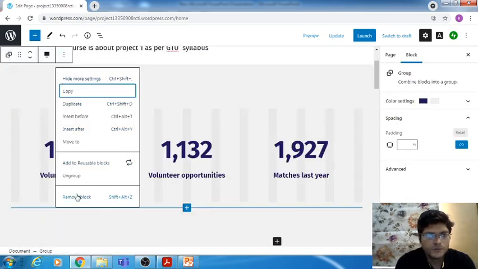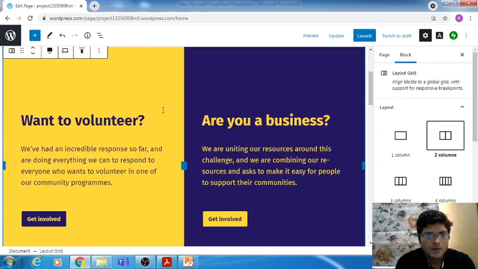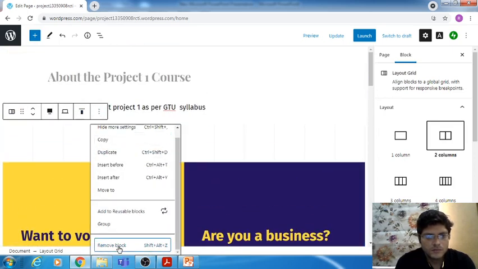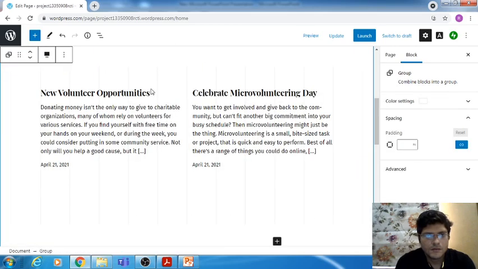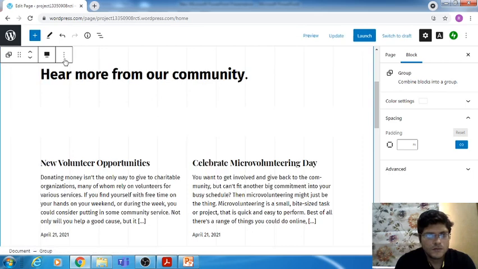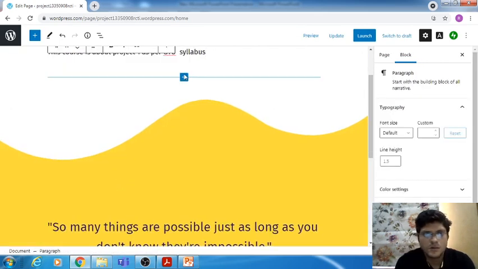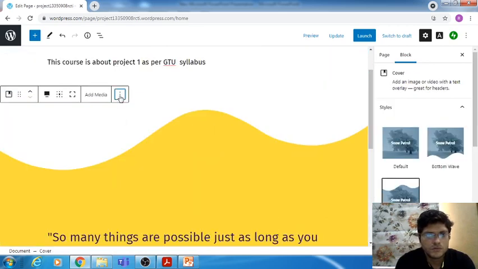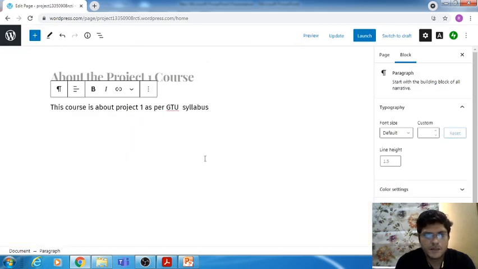So I'm just removing all those blocks. Remove the unwanted blocks so your website looks neat and clean as per the content requirement.